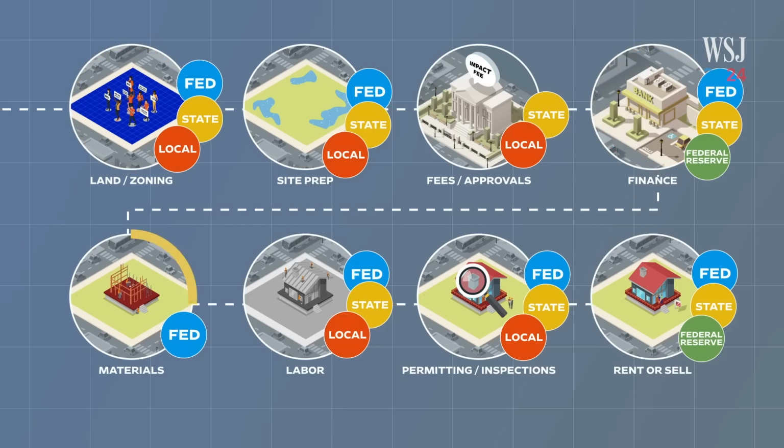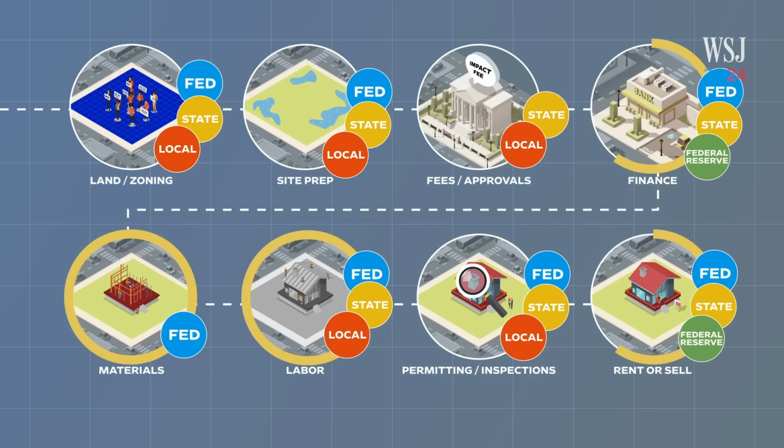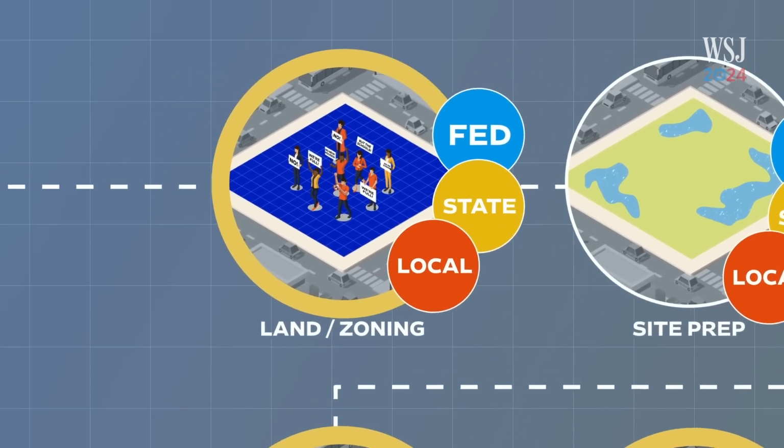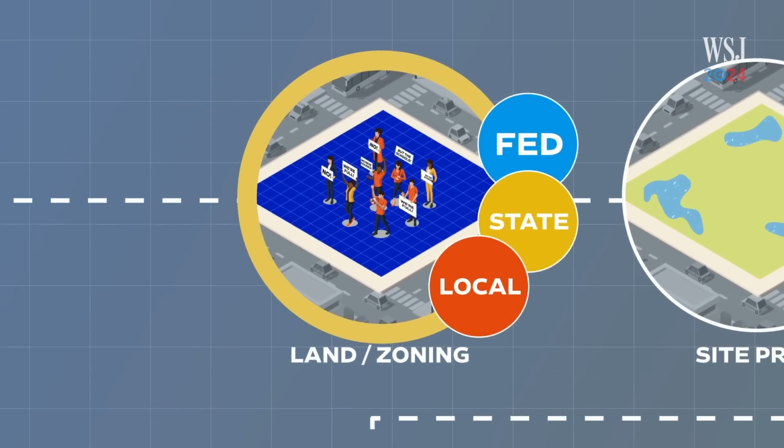They want the tariffs on lumber reduced, they want to get more people into the trades, they want interest rates to come down, and they all point at this step. I think the land comes first. You could have a pile of cheap lumber. If you have no place to build on, then there's no point in having a big pile of cheap lumber. We need local governments to have courage to look at the NIMBYs and say, no, we're going to promote housing